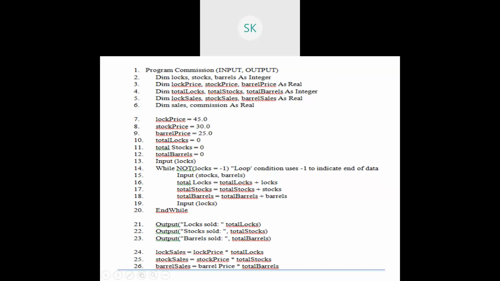Whereas with respect to your log sales, stock sales, barrel sales, nowhere are we using them till the 24th node. At the 24th node, total log sales will be coming into picture. Stock sales will be coming into picture at 25. Barrel sales will come into picture with respect to your 26th statement. So for 24, in order to compute the values for log sales, what are all the variables that it involves? It involves two things. One is log price followed by total logs. You need to have all those particular values over here.